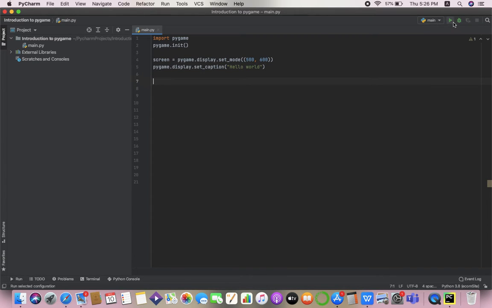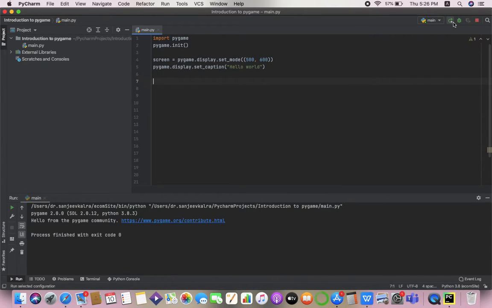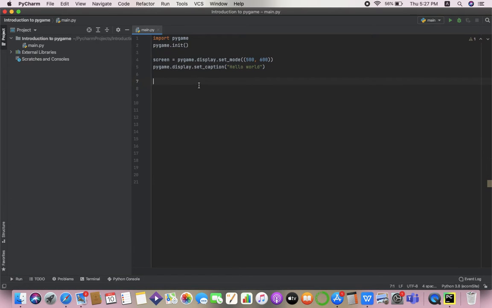Now let's run it. So you saw that the game window appeared and disappeared in only 1 second. This is because we haven't put this in a while True loop. So we will make a while True loop so that the game window lasts forever. Now we also have to enable a function to exit it. For example, if I click this cross button, the game window should exit.